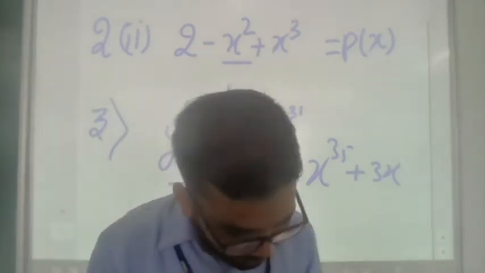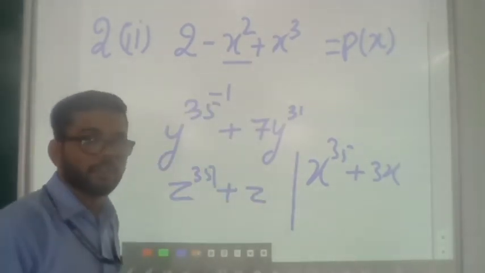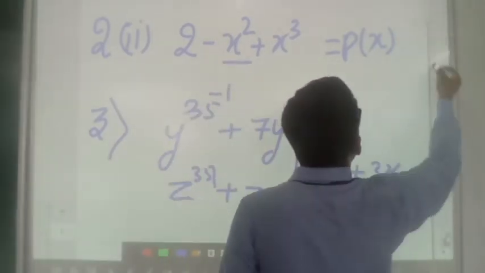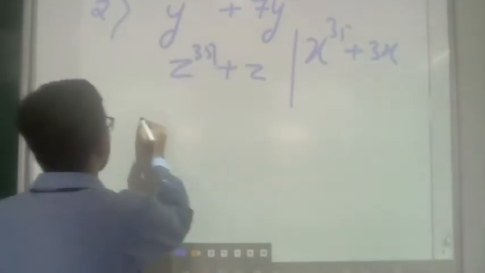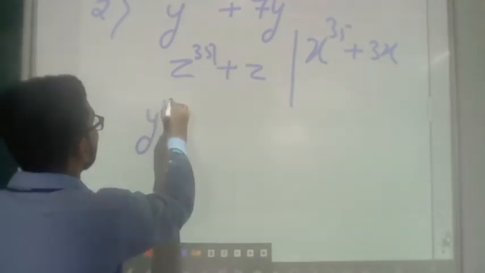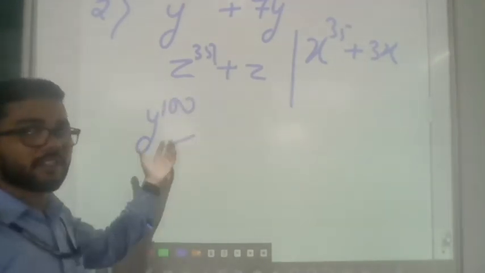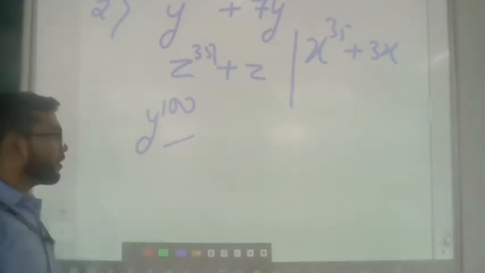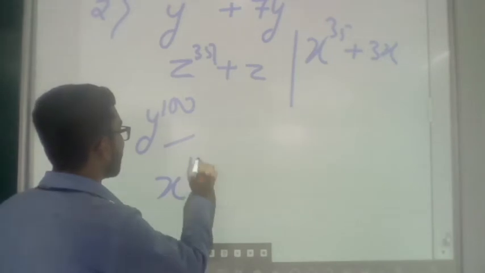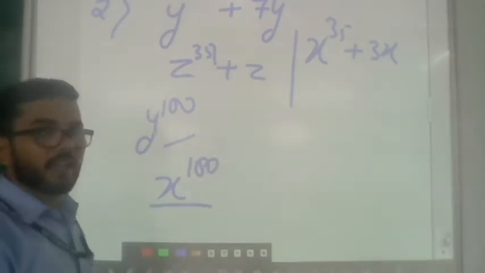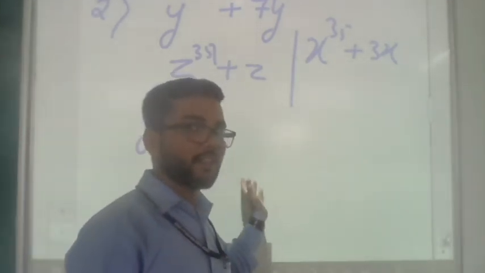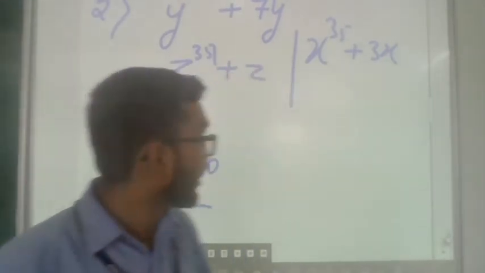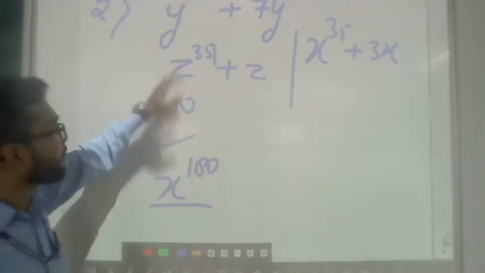Similarly, you will have to write a monomial having degree 100. So you can write y to the power 100. This is a monomial because it consists of only one term. This is also a polynomial, consisting of one term. Like x to the power 100, this is also a single term having power 100. That is why the degree is 100. This is an example of a monomial and a binomial having degree 35 and 100.